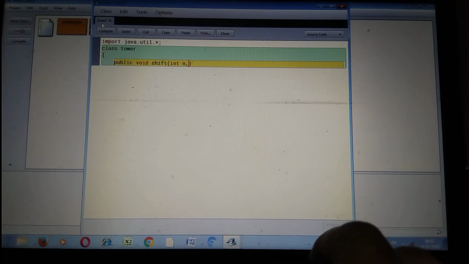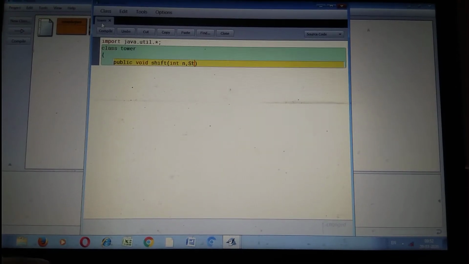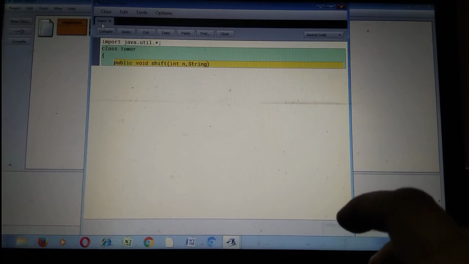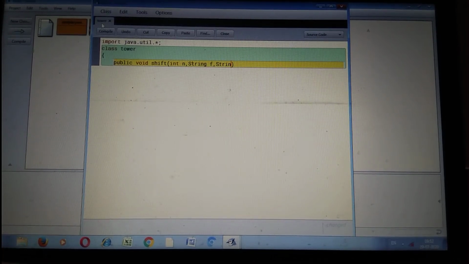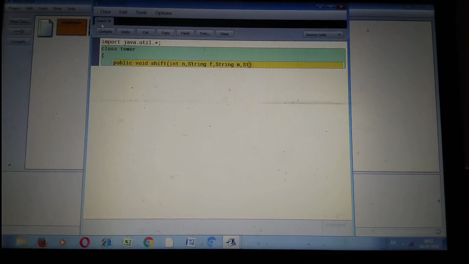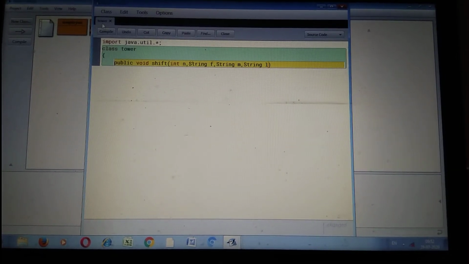So next we write the String data type for the poles. String f for first, then String m for middle, comma, the third one is for last, String l for last. Okay.